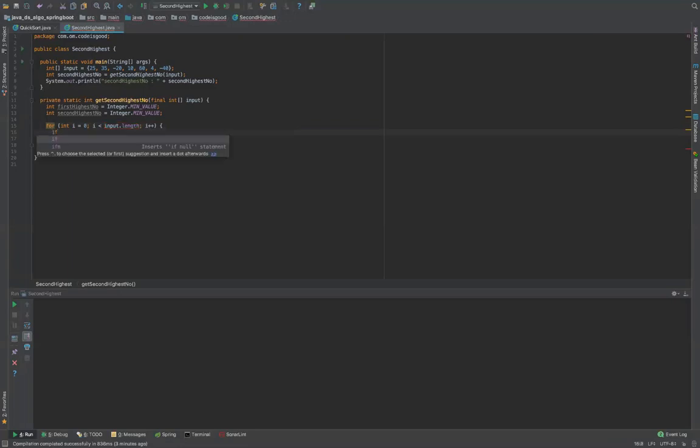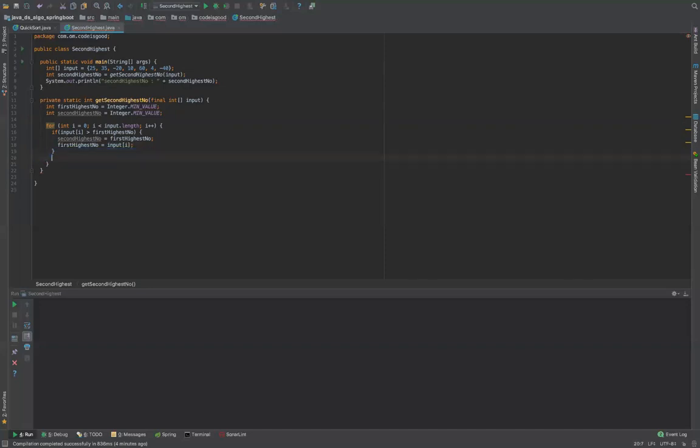While we will be iterating through this, we will check a condition that if the input array at index i is greater than the firstHighestNumber, then we will assign the firstHighestNumber into the secondHighestNumber, which will be secondHighestNumber equals firstHighestNumber, and the firstHighestNumber will be assigned with the current number that is being used for comparison, that is input[i]. And then we will return the secondHighestNumber.